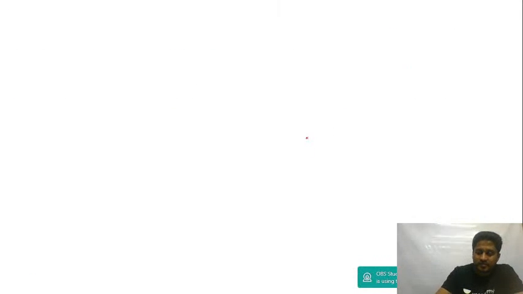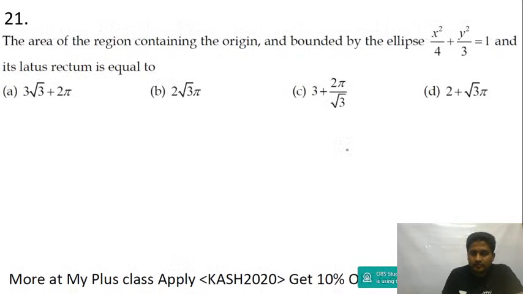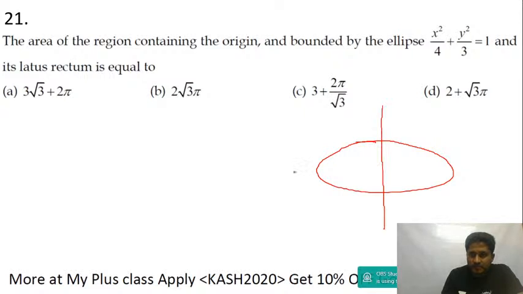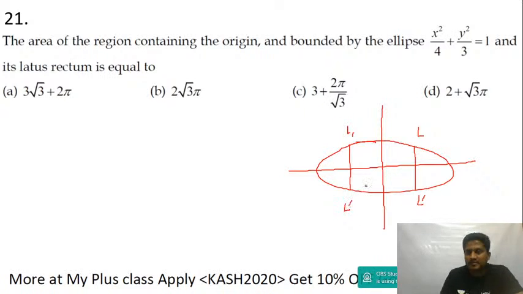Now suppose I take an ellipse. This is L dash, and then you get L1 and L1 dash. This is called the latus rectum. I'm supposed to find out this area. This is S, this is S dash. The chord drawn from the focus perpendicular to the axis is called the latus rectum. This area I'm supposed to find. This will be OS. Let's say this is A, this is B, this is A dash.